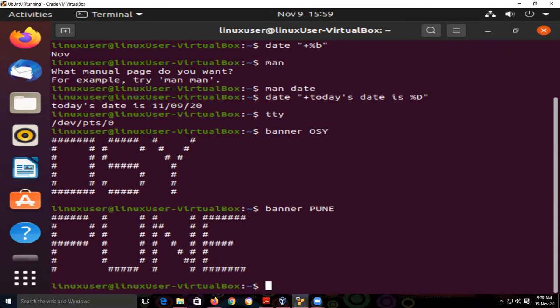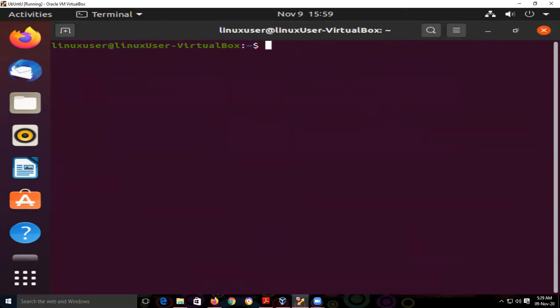Then next, the script command. The script command is used to record your terminal session, meaning what commands I have executed on the terminal. If I want to record, then I have to use the script command. Script, then your file name where your recording will be stored.